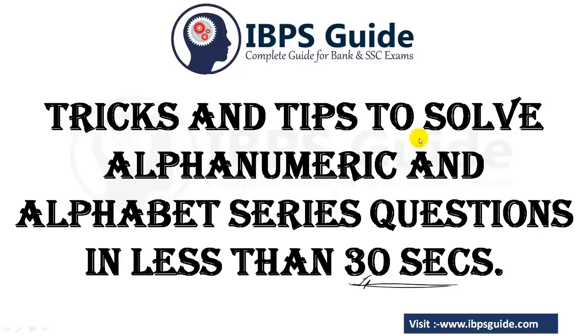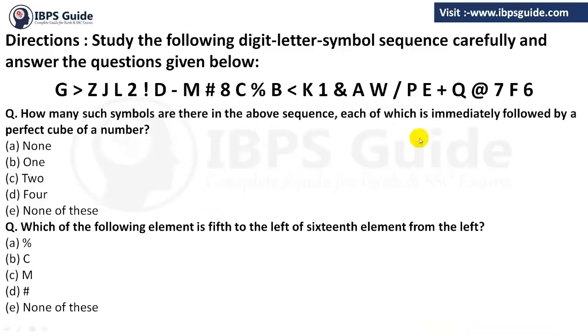Okay, so I will tell you all these things with different examples. Let's see the examples we have. There are two examples, first of all based on the alphanumeric series. I am giving you 30 seconds for both the questions. Just solve in 30 seconds. As the timer ends, I will show you how to solve such type of question. Within this 30 seconds, we can solve both these questions. I am not saying only one question.